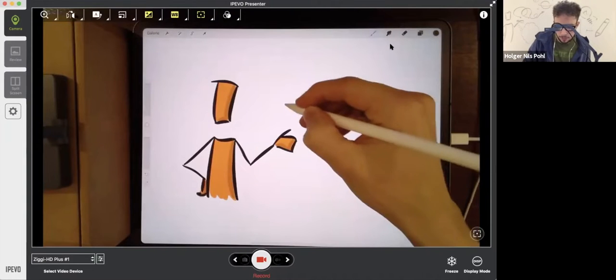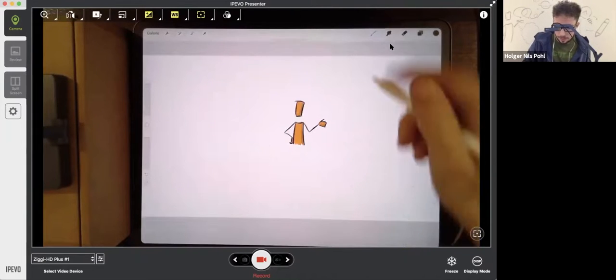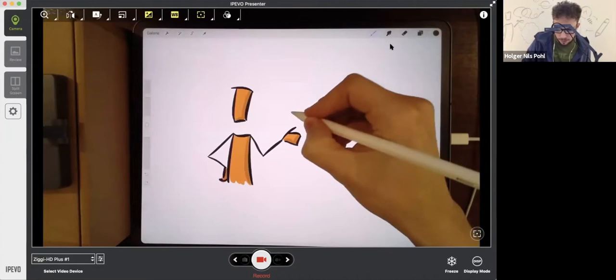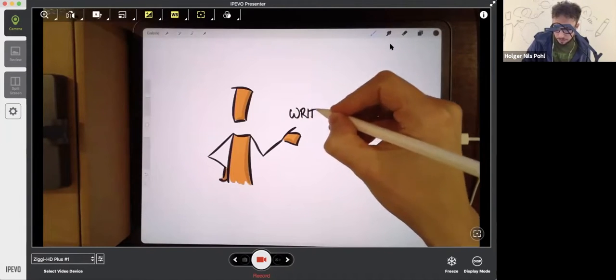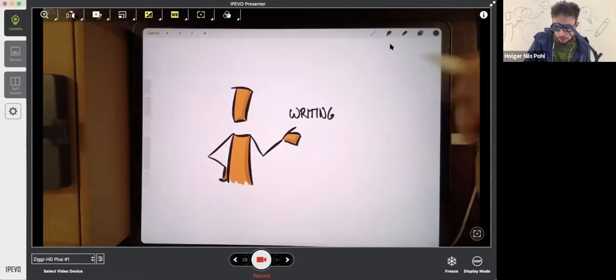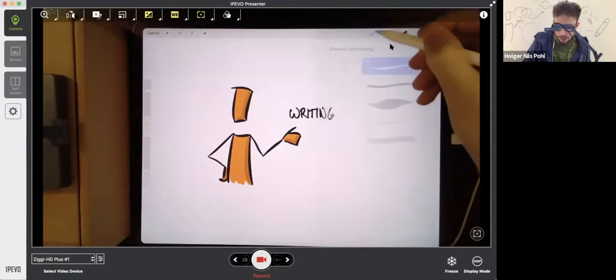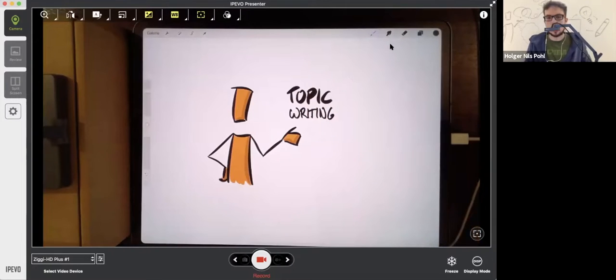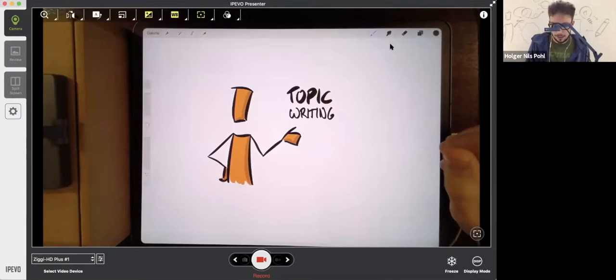So a thin one, the thin, it's too big here. So the thin static one is sometimes nice for writing. So I like that one if I want to write something which is not too thick, and then here it's a bit stronger. So if I want to have a bit of a playing with the font, I like to